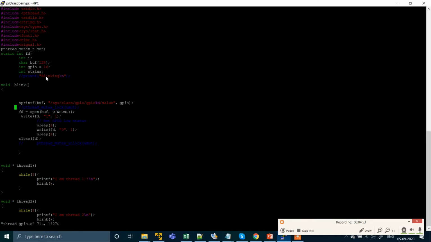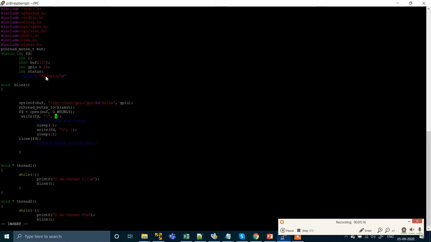So this is my resource where my blink function is setting the GPIO high and low. Here we have to put the mutex lock. So I'm going to uncomment this line. This is the method which you can use to lock your resource.